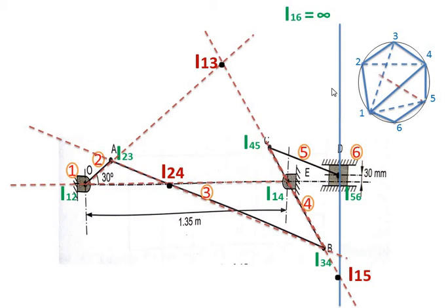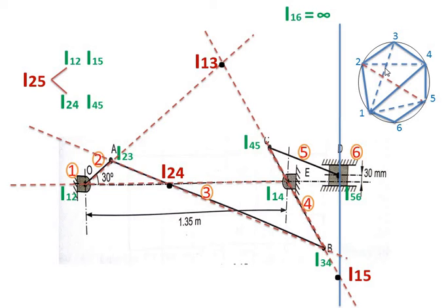Now next, say I have to locate I25. To locate I25 you can take 1-2, 1-5. Here you can use this dotted line now, because you have located this ICR I15. So you have this ICR already, and you can take it as one side of the triangle. And the second triangle is